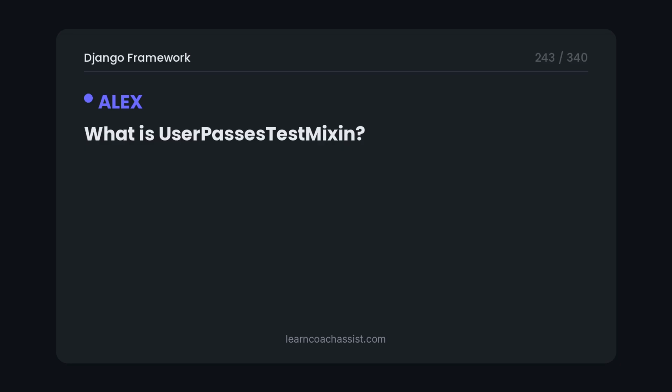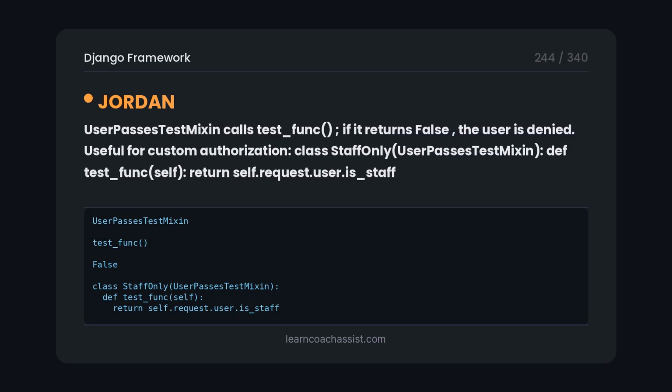What is UserPassesTestMixin? UserPassesTestMixin calls test_func. If it returns False, the user is denied. Useful for custom authorization. class StaffOnly(UserPassesTestMixin): def test_func(self): return